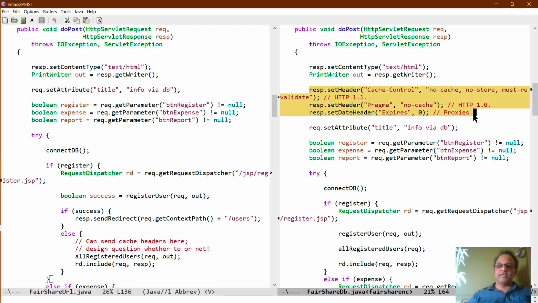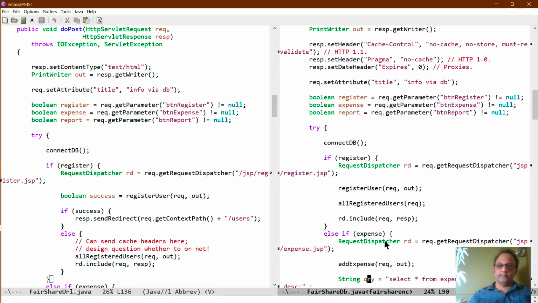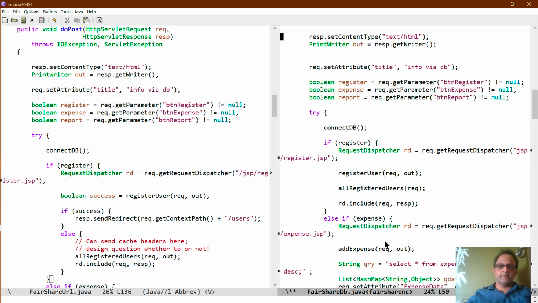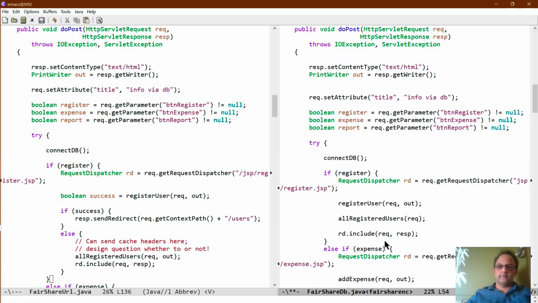This code has some cache control stuff, but it doesn't really matter at the moment, so we'll ignore that. Just focus on the part that matters. In fact, for the purpose of this comparison, I'll just delete it so it doesn't clutter the comparison. There we are. So here we go.